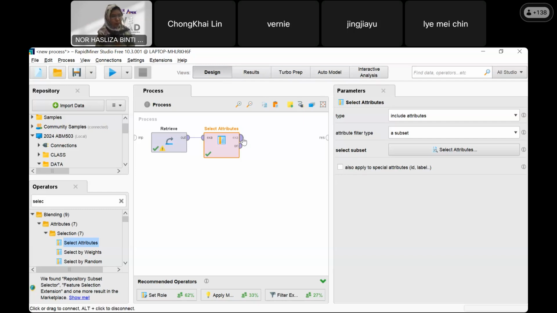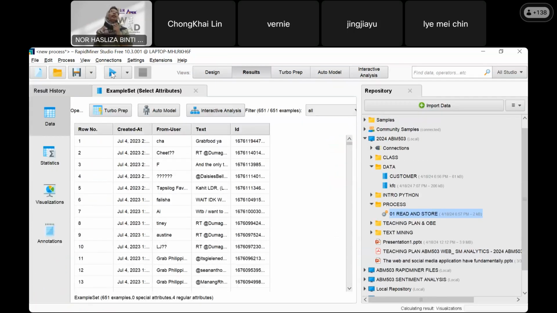Oh, sorry, because I didn't connect it here. Yeah. The process is incomplete. How it runs. Okay. See? So out of the whole data, we just selected necessary attributes.